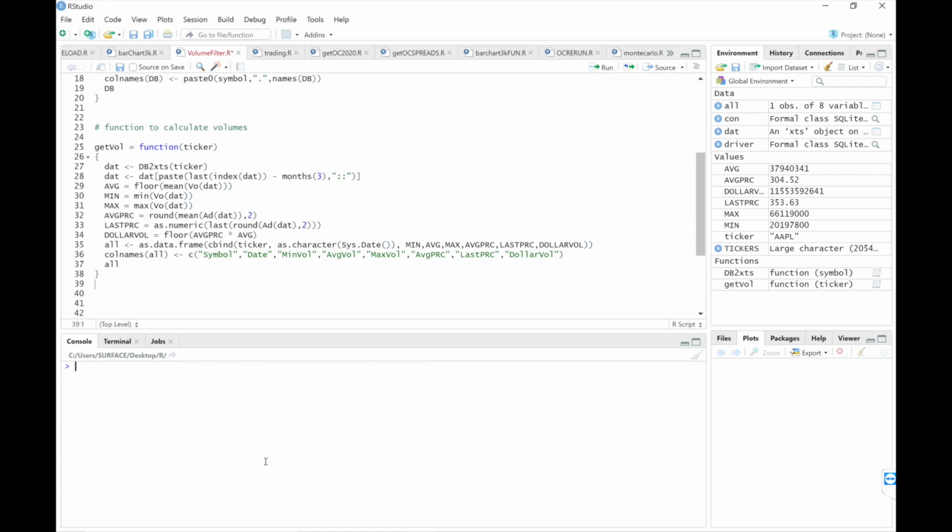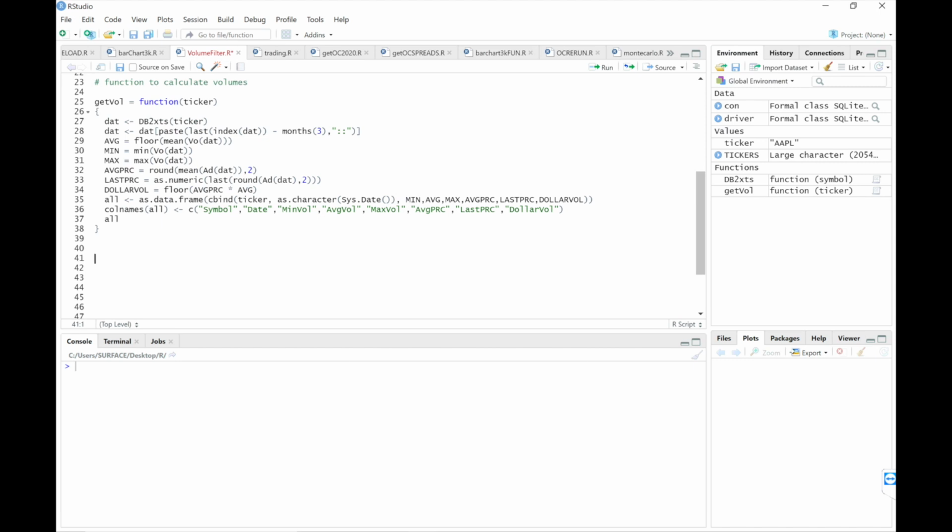So we'll run this function. I'm going to remove all the variables that I have here. Alright, so now I'm going to pass in all the tickers so that I get this data extracted for each and every ticker in my database. So we're going to store it in vols, and we'll do pbapply as a list, pass in my tickers, and then my function